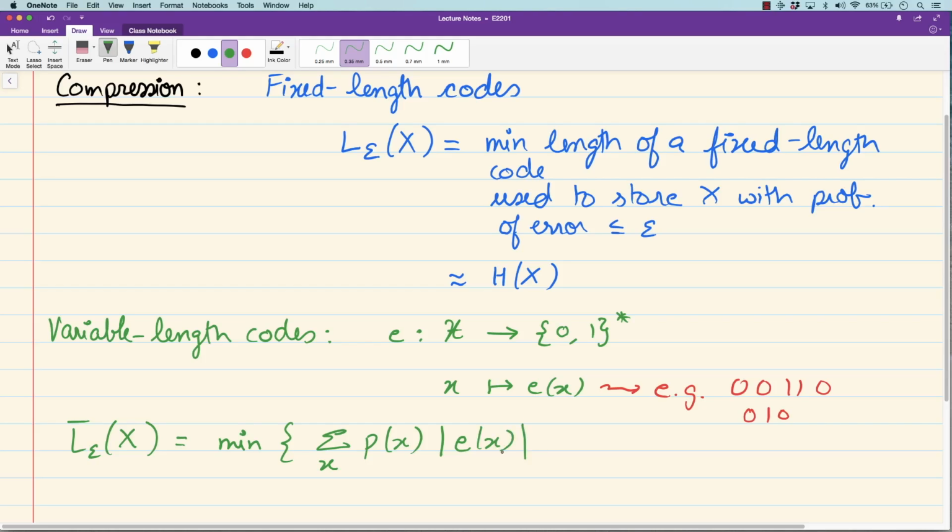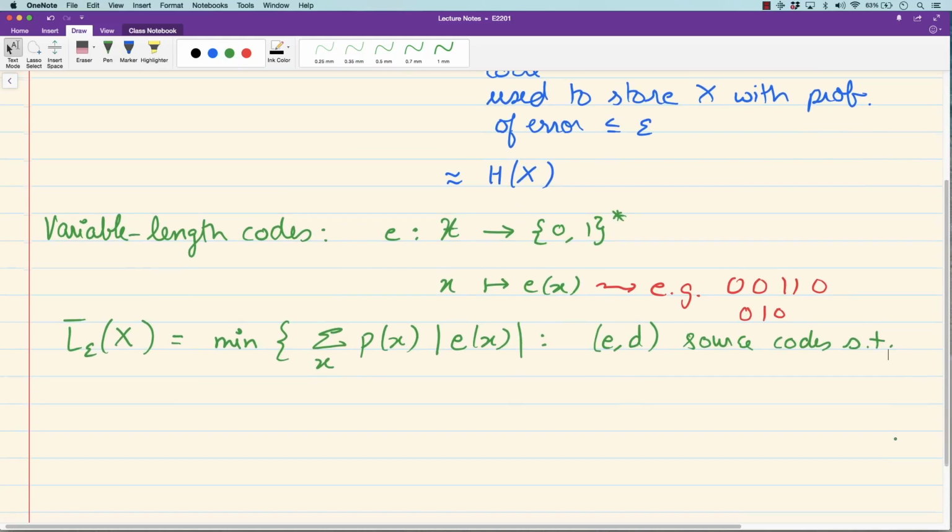This is my notation for the length of the binary sequence e of x. So expected length of the sequence, minimum over all encoder and decoder pairs, which we can call all source codes, such that the probability of error